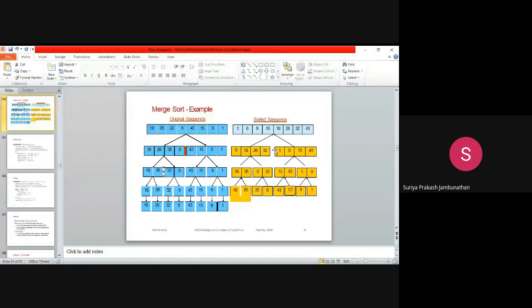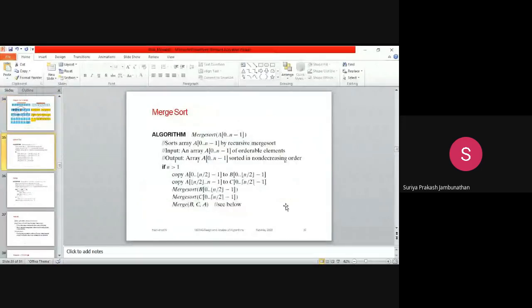So this is a simple example for understanding merge sort. Now let's move on to our algorithm. So let's see the algorithm. Merge sort is the method we have at the start of the algorithm. We have the array, and the array contains 0 to n minus 1. For example, if the size of the array is 5, then the array runs from 0 until 4, which means n minus 1: 5 minus 1 is 4.